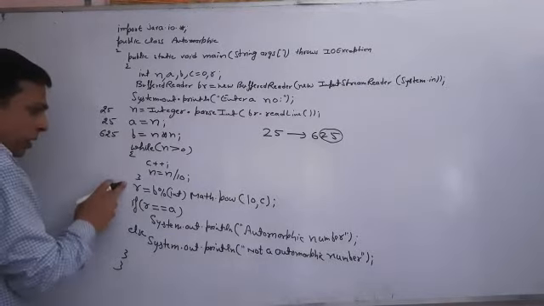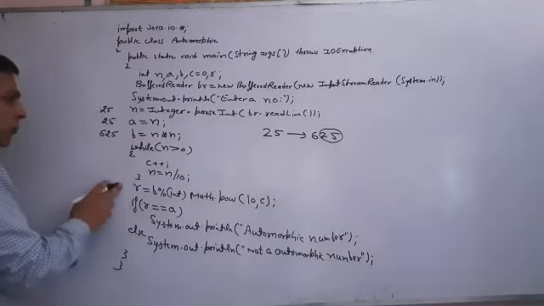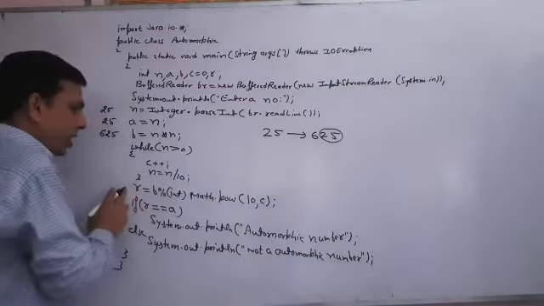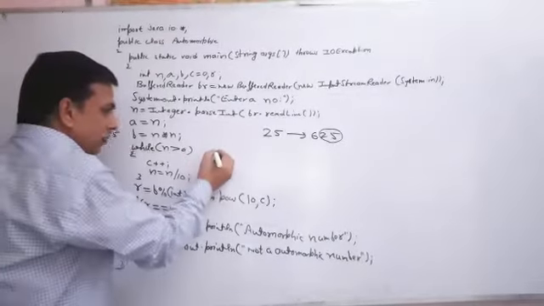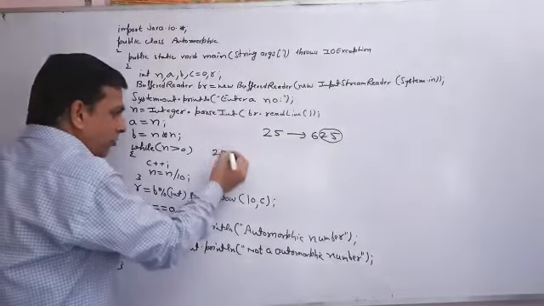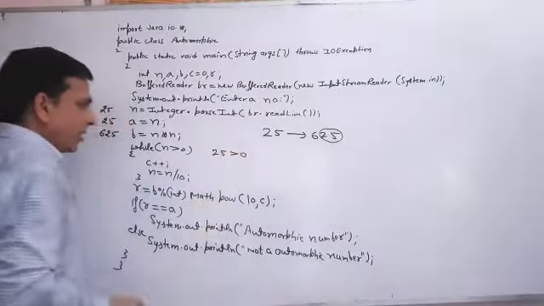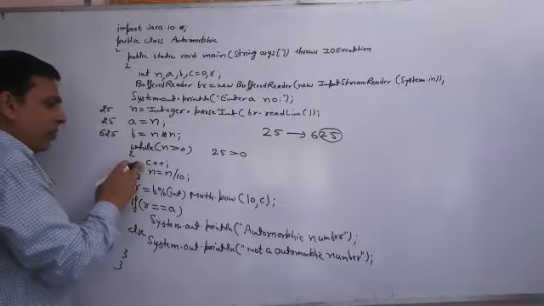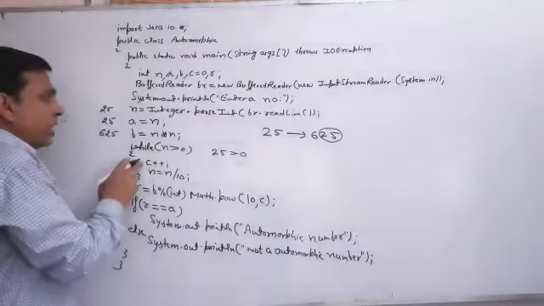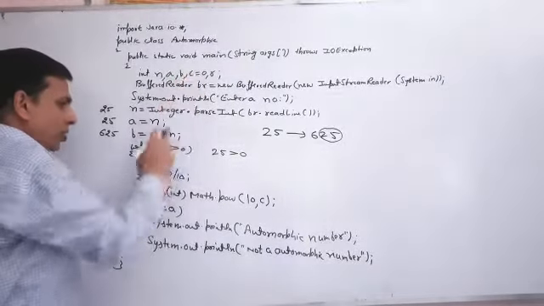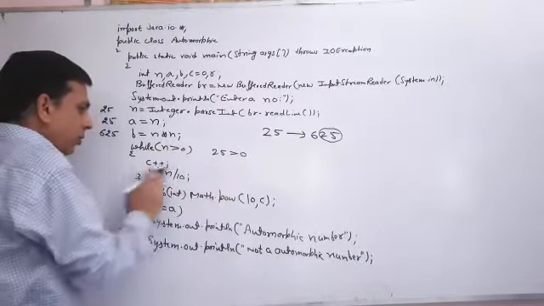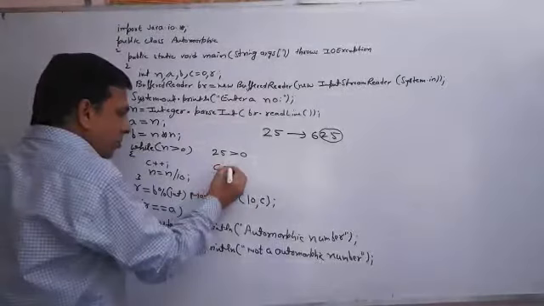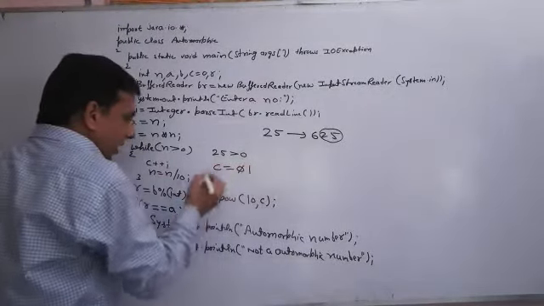Now there is a loop here, and in this loop we are finding the number of digits in this 25. So how can we find the number of digits? See, we put all the values here. 25 is more than 0? Yes. For counting the number of digits, we have taken a variable c, and we have already taken this variable as 0. So if 25 is more than 0, we come inside and increase the value of c. Now c becomes 1.